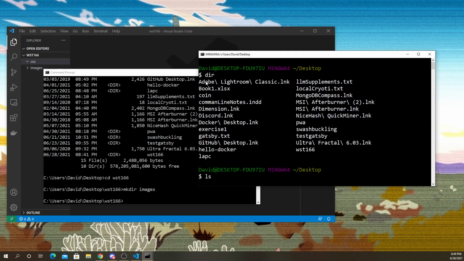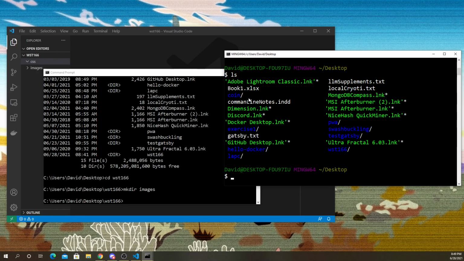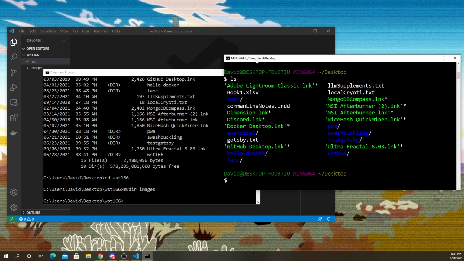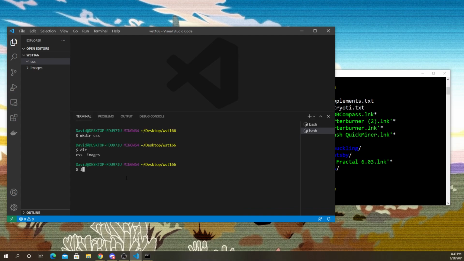You can see Adobe Lightroom Classic, Adobe Lightroom Classic. They both list all your files and folders, but ls is just the more common way you do it through git bash and here. So you can see CSS and images, the two folders in WST166. It's listing it for me.